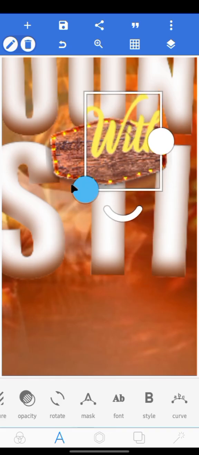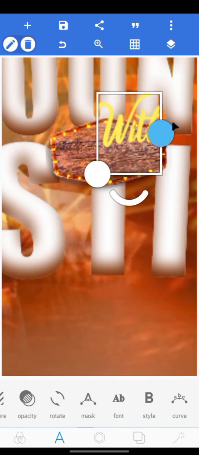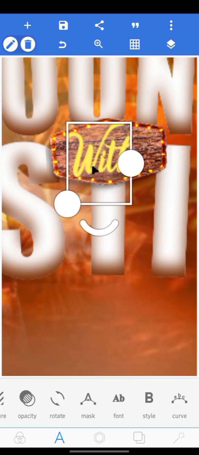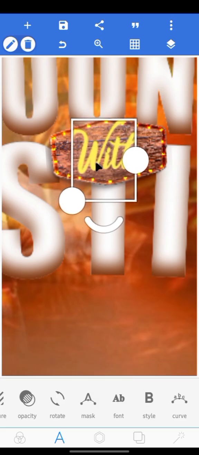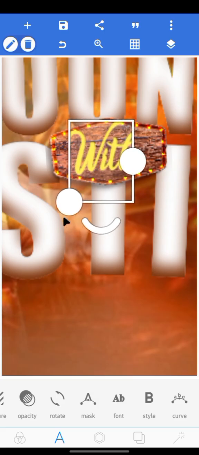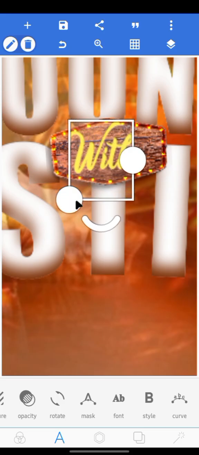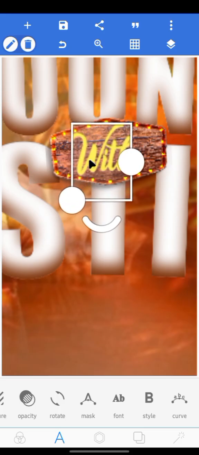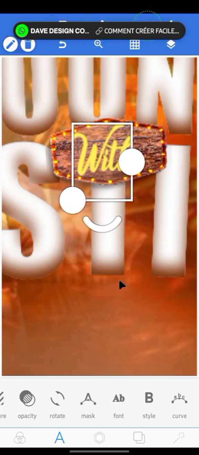So just take it here, reduce the size, and then place it here very well. Yes, so here you can touch the size a little bit. All right, we are getting there. Have this, just place it there, and then